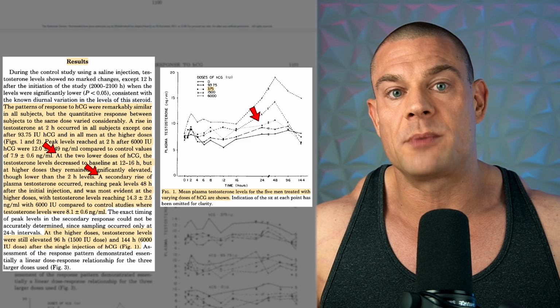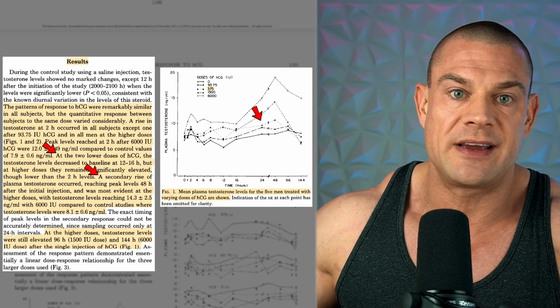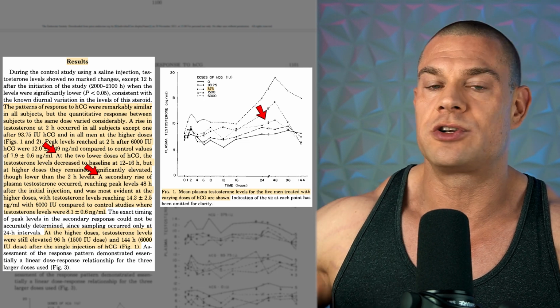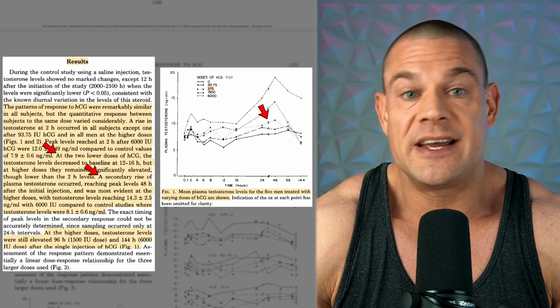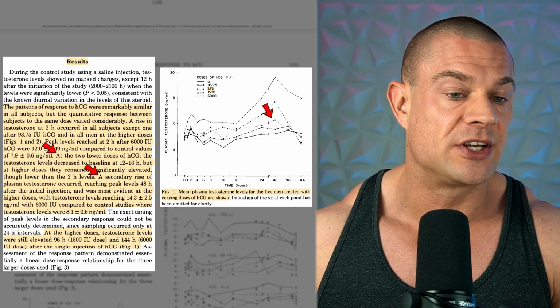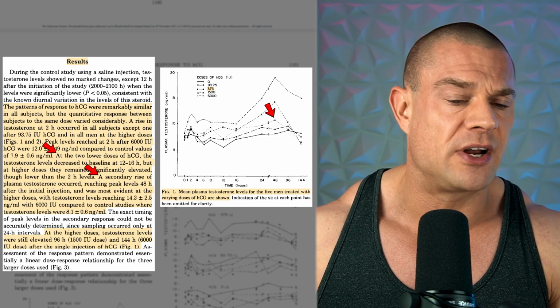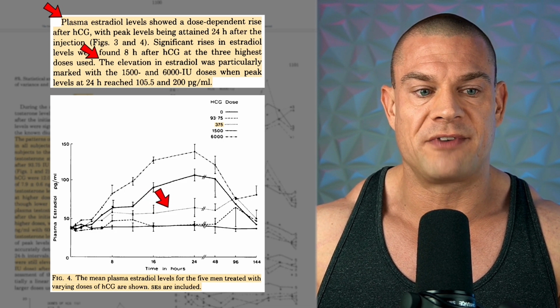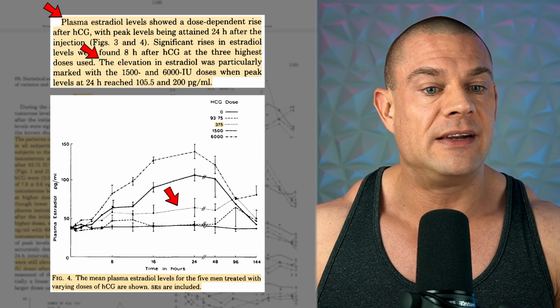But I think with progressive administrations, let's say 3 times per week or every other day, serum total testosterone levels would slowly creep upwards as serum HCG levels seem to compound with consecutive administrations, as was shown in previous studies. Regarding estradiol levels, those start to increase within the first couple of hours after the administration, and in the 375